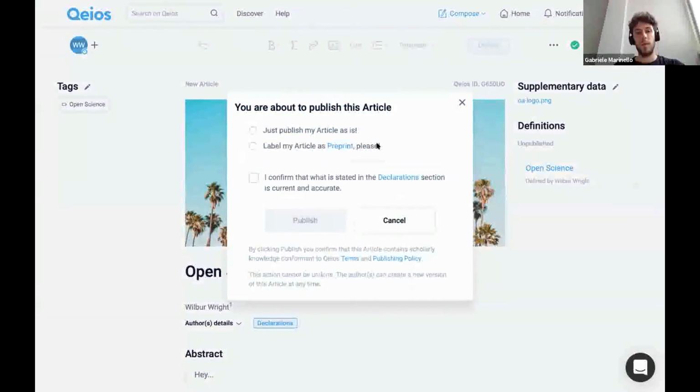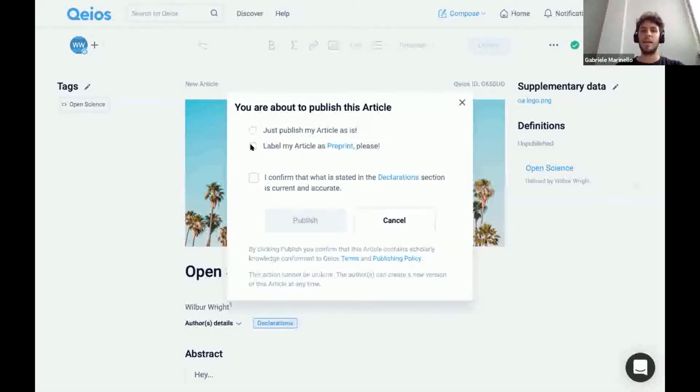And this is a cool thing, guys. You're about to publish this article. Just publish my article as is, or label my article as preprint, please. What does this mean? It means that if you want to keep the option of further submitting your research article to a traditional journal, you can do that, because we know that for your career purposes, in your assessment setting, you might need an impact factor or any other metrics, right?